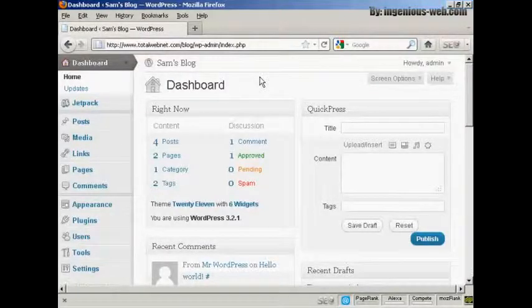In this video, I'm going to talk about how you can install WordPress themes automatically. Themes are what WordPress calls the template for your WordPress blog. So the general appearance of the site is governed by the theme. To add a new theme to your WordPress blog, come over here to where it says Appearance,